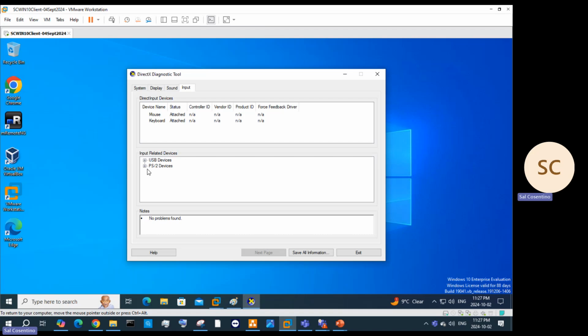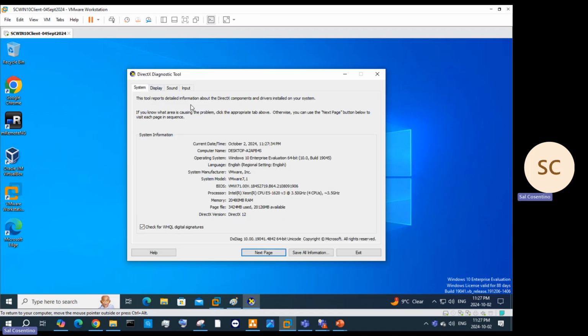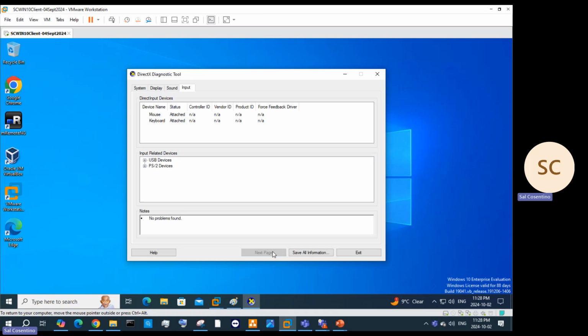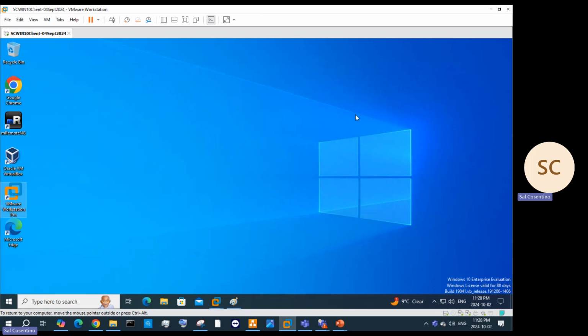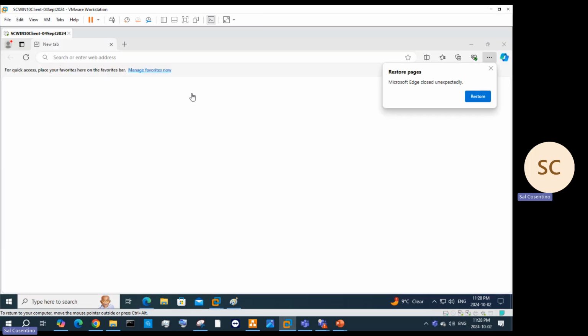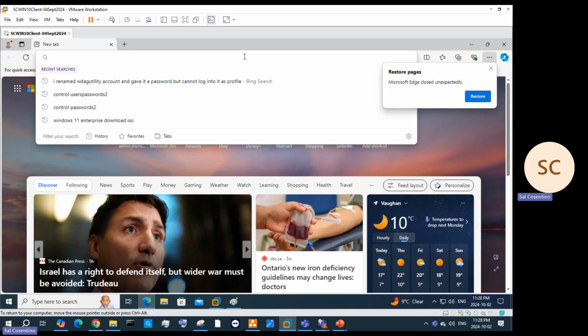It needs to be up to date with what you have, and the version is 12. So we're up to date, and this is checked for WHQL digital signature. So we're good to go. This is what we need, so we need to ensure that's ready. If it's older, then we need to make sure we download that properly,